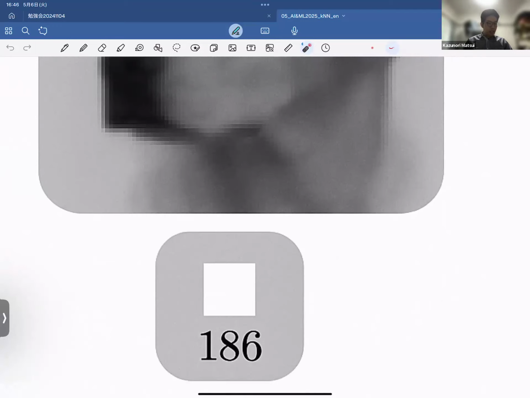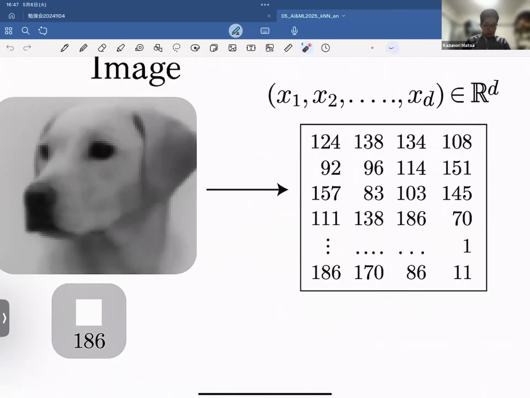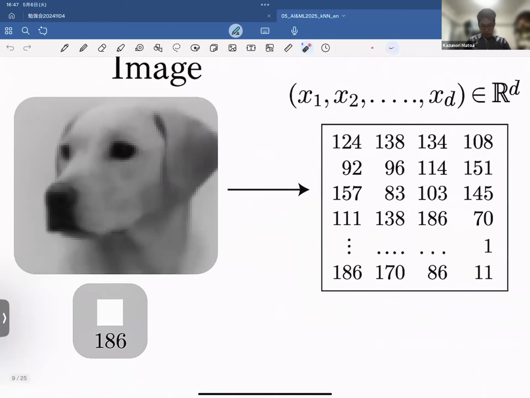For instance, if we assign the number 186 to a certain color, and then correspond the numbers, for example, 120, 124, 103, 38, 134, and so on, to the mosaic pattern starting from the top left, the image can be represented